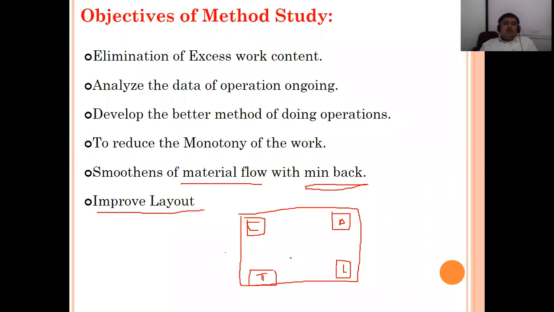So what is our flow? Cut the material, go to the lathe machine. From the lathe machine, go to the turning machine. Is it right? From the cutting machine, for a nut, go to the drilling machine, make the drill and come to this side. So why is this much travel required? If this is the shop floor area, why are we keeping the machines in corners? Can we put the machines this way?